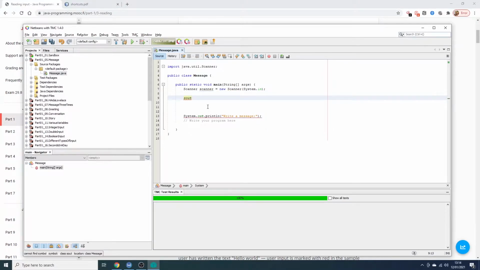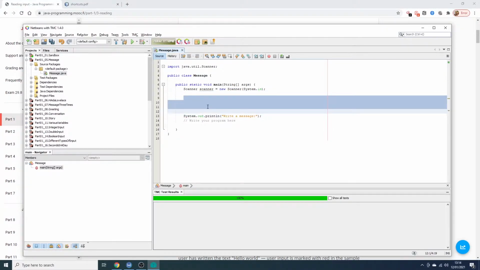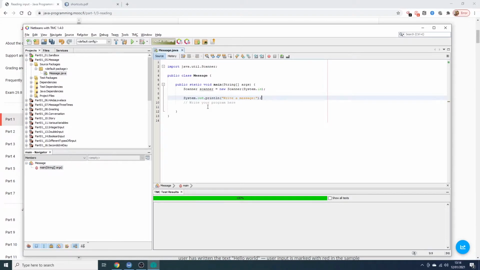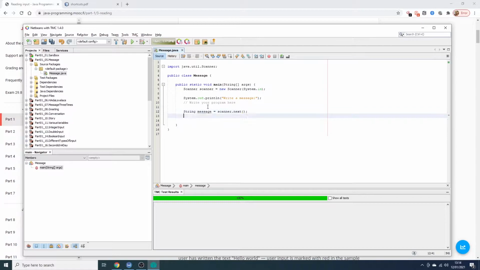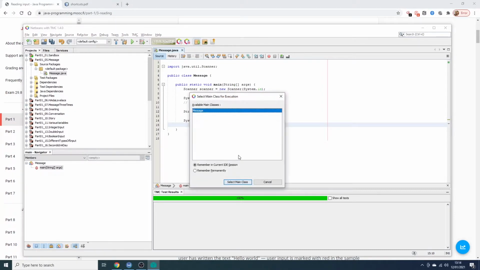So we can use our sout, or in fact we don't need to because we've already got this written here. So let's just add in a string. So we could say String, we can call ours message as well, equals, so we'll be doing scanner.nextLine, like that. And then we can print out the message as well. So to print out a variable, we don't need the double quotes, we just need the parentheses, and then there you can see I've just typed message in between the parentheses. If we play that now, rather than submit it,